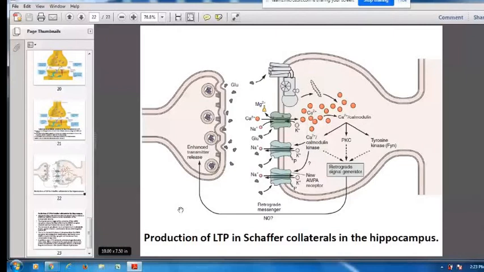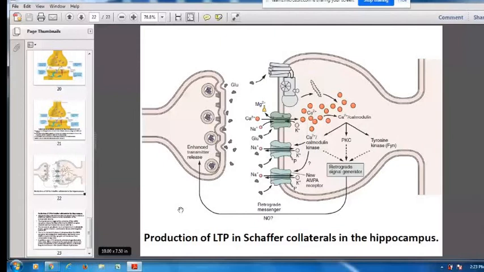This one usually comes in your exam, in the practical exam also. What we do is we block this one. We put glutamate in the purple color, we put A here, calcium is B, we block the NMDA receptor, and we put C here. We add or write something, we ask the name of the receptor, or the name of the neurotransmitters, or we ask what is happening here. So any question regarding plasticity can be asked from here.